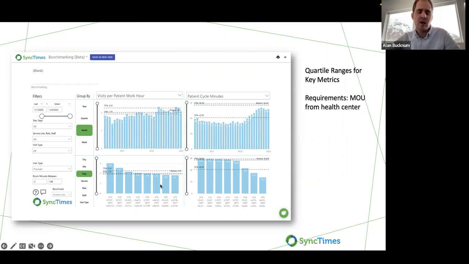And so being able to look at all of your providers, their cycle times, and breaking them down by quartile to get a vision for where our top quartile performers and bottom quartile performers are, and what those breakdowns look like for our organization or in the context of a